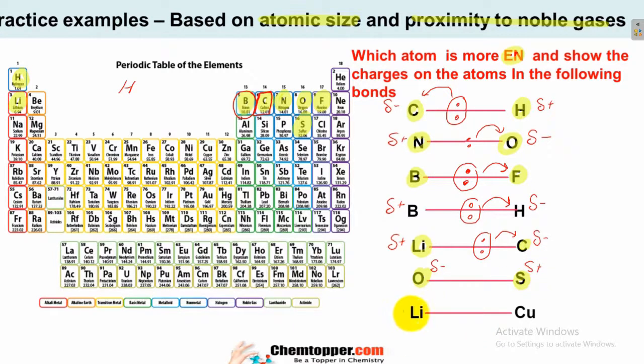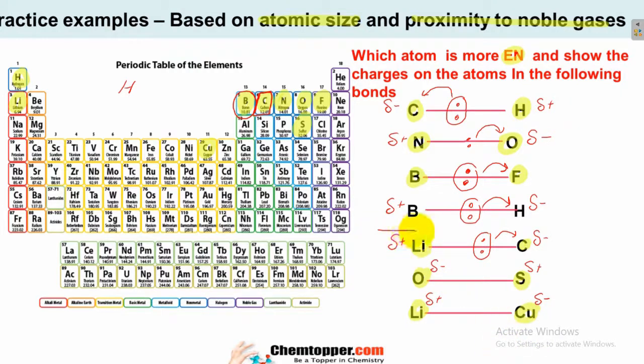If I compare lithium and copper, both of them are metal. Lithium here is more metallic in nature than copper because it can easily gain the nearest noble gas electronic configuration only by losing one electron. So lithium is less electronegative than copper. Or you can say lithium is closer to the noble gases, so it is less electronegative than copper. So there is a partial positive on lithium and a partial negative on copper.